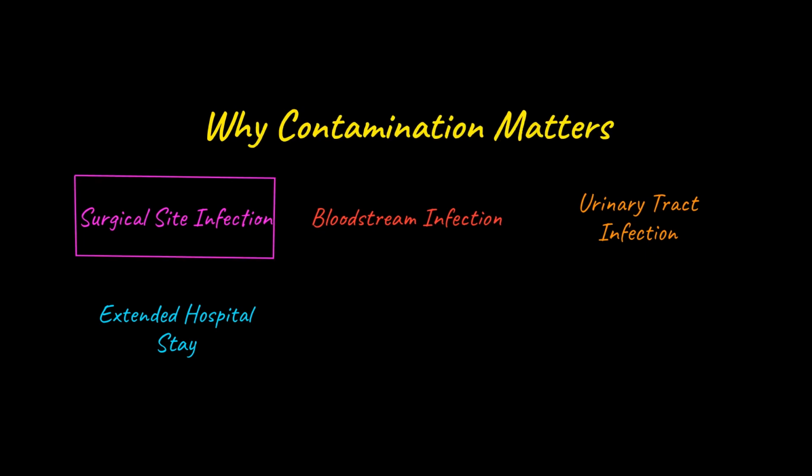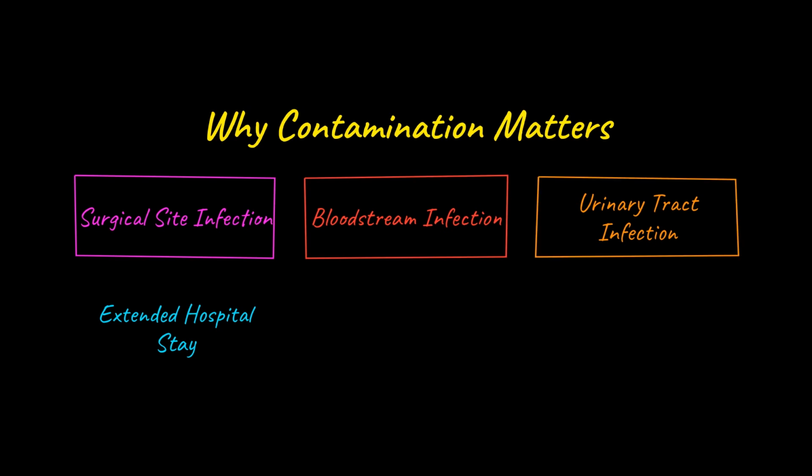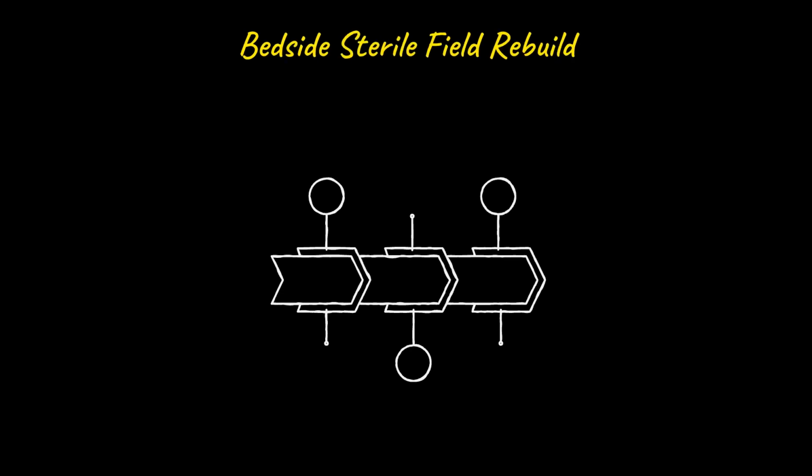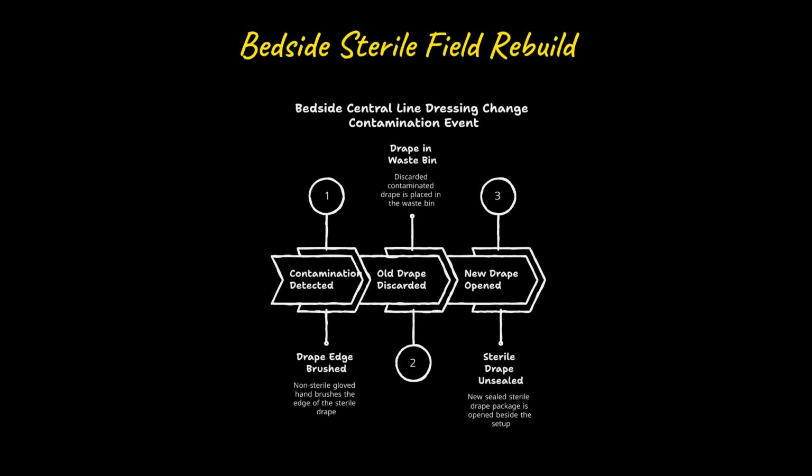Microorganisms introduced into a sterile site can cause surgical site infections, central line bloodstream infections, or urinary tract infections. Each event extends hospital stay, increases cost, and can be fatal in vulnerable patients. Picture a central line dressing change. A colleague's non-sterile gloved hand brushes the sterile drape. The nurse stops immediately, discards the contaminated drape and all items on it, and opens fresh sterile supplies to rebuild